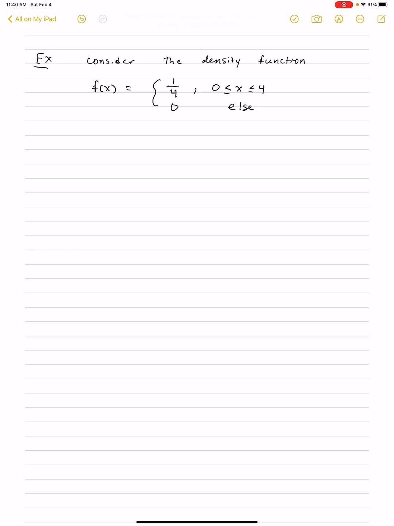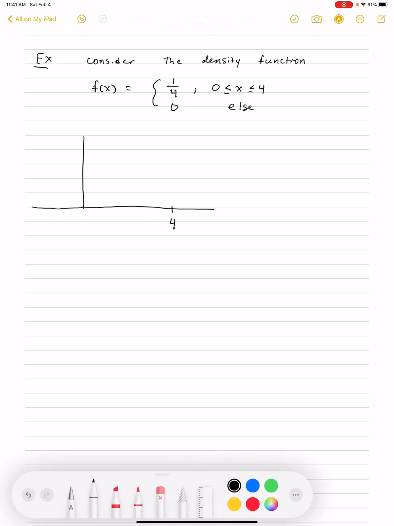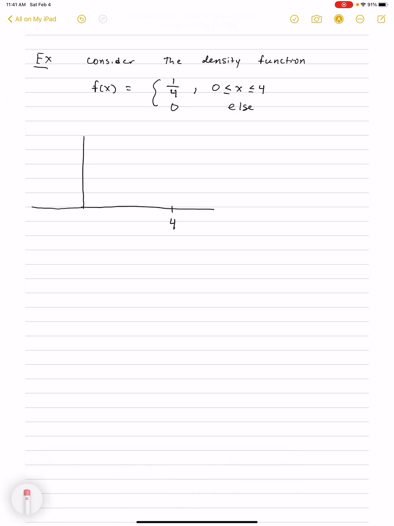Hi, we're going to consider the following density function, where f of x is 1/4 for 0 to 4, and it's 0 otherwise. Let's visualize this distribution. So on the x-axis, here's going to be 4, and I'll color the distribution here in red. So I'm going to put this f to be in red,